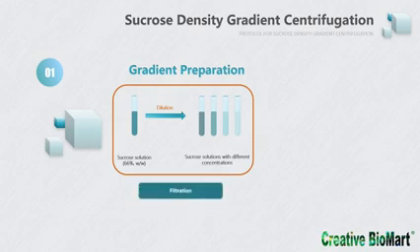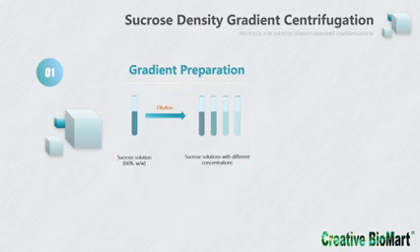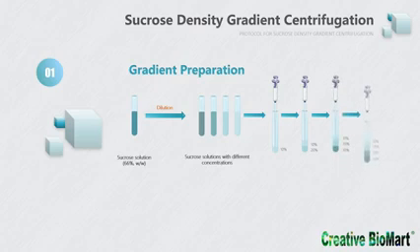To obtain better experimental results, the sucrose solution needs to be filtered and a refractometer is used to verify the sucrose concentration. When using sucrose density gradient centrifugation to separate protein complex, proteinase inhibitors need to be added, and other types of compounds should be added at the same time according to the enzymatic activities that need to be inhibited or preserved. After the sucrose solutions of different concentrations are prepared, the gradients are made by adding the low concentration sucrose solutions first before adding the higher concentrations. For example, if you need to prepare a 10% to 40% gradient, first add 10% and then add 20%,